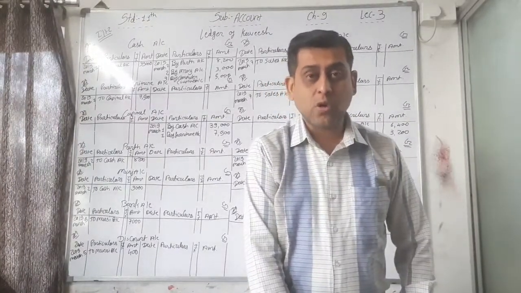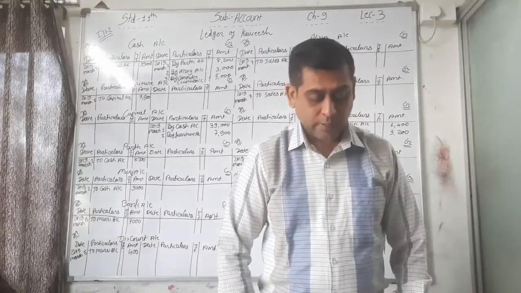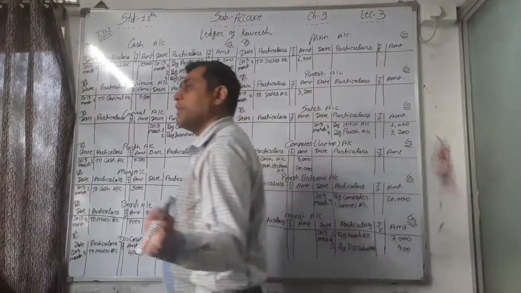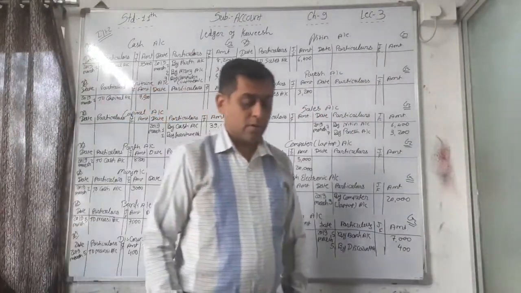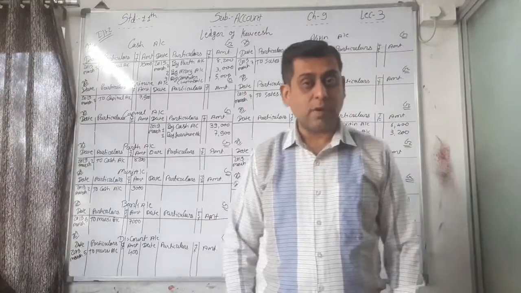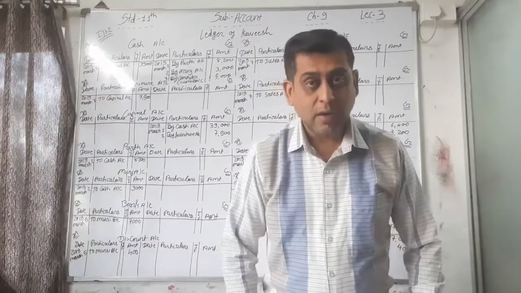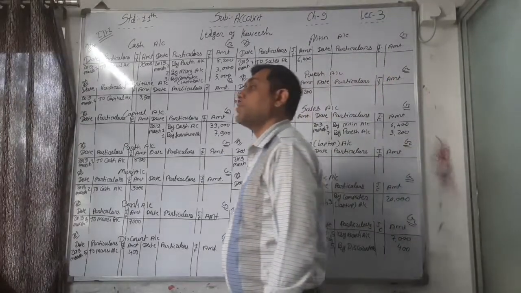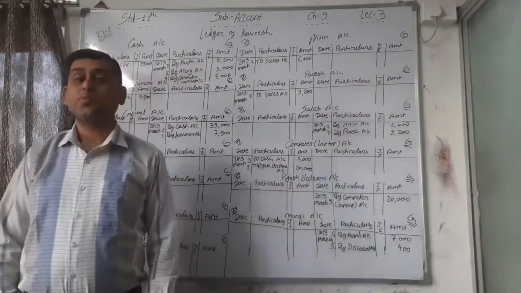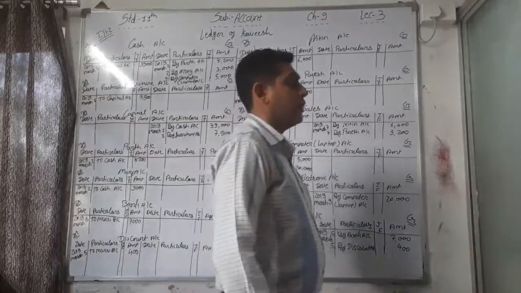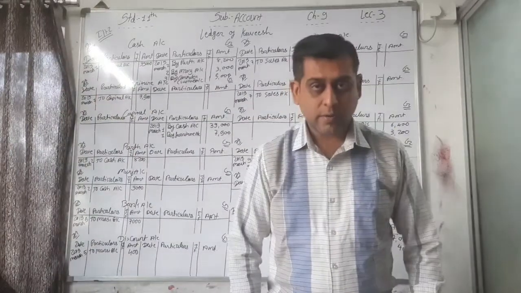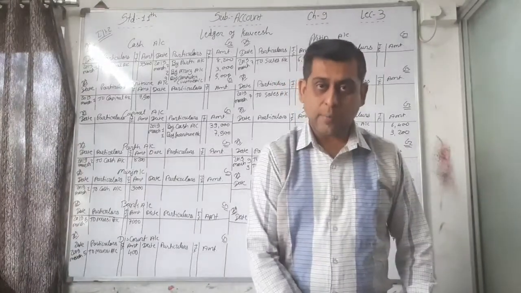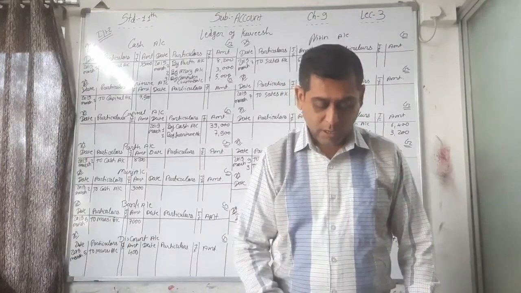Prepare sales book of Sri Anu. Date, name of customer, because it is a sales book, customer is there, name of customer, outward invoice number, LF, ledger folio number, and the amount. That is the subsidiary book format, the sales book format: date, name of customer, outward invoice number, LF, and amount. Okay, so I hope you prepare that.